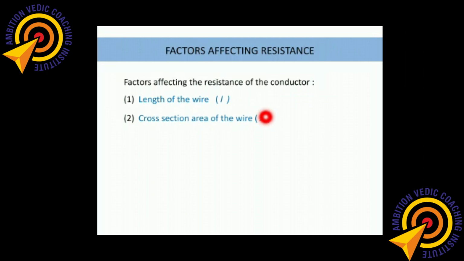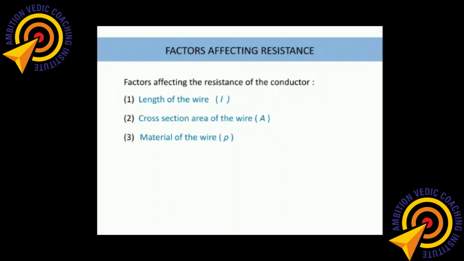If the space is less, we have to put a lot of effort to get into the bus. But if the bus is completely empty, it takes us less effort. So resistance here we can consider as the effort or energy that we put in to get into the bus. That means if the area is larger, the resistance is less. Nobody is there to stop us, right? If the area is more, then resistance is very less. In an empty bus, no one is there to stop us, so we can easily get into the bus.